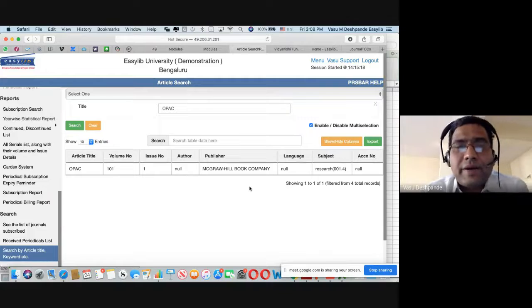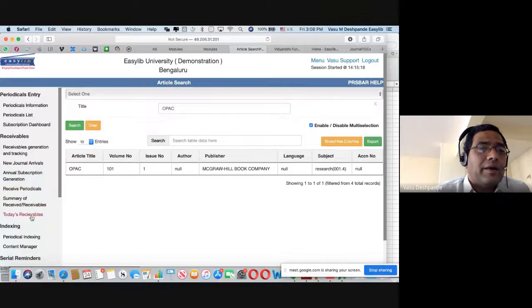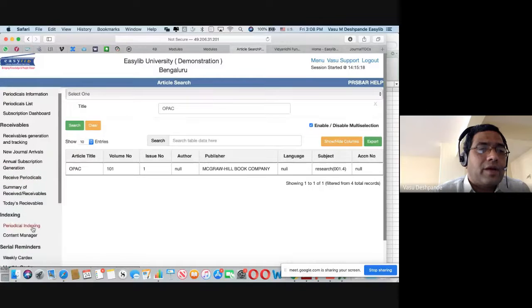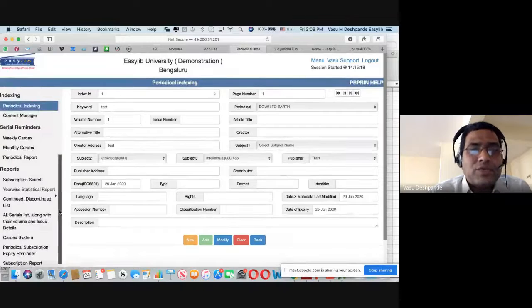I think Dr. Vishala Madam has asked how to create an article index. So just go to this article index screen, periodical indexing, just add it here. That's all, very simple. One more improvement we have come up with, thanks to, I think,